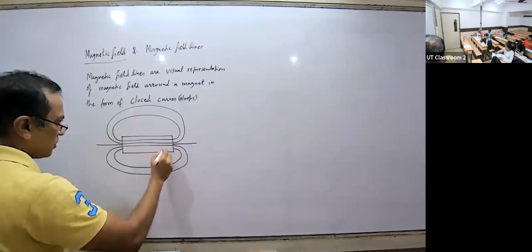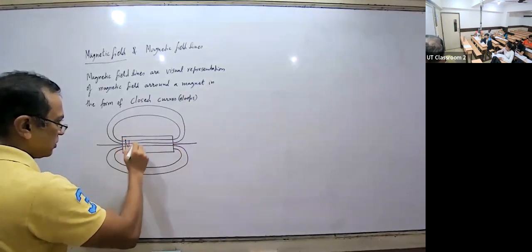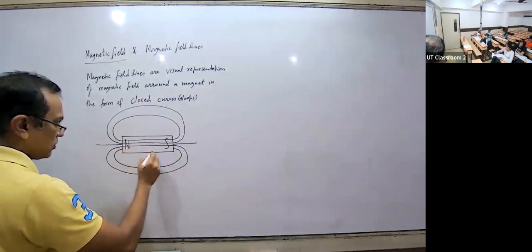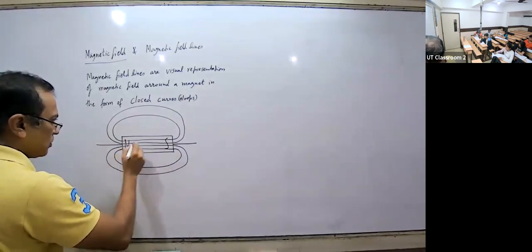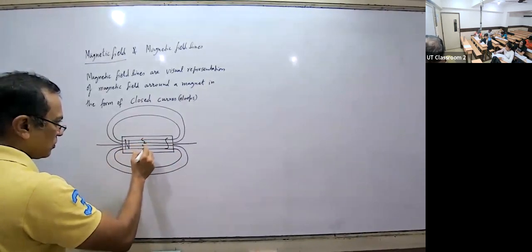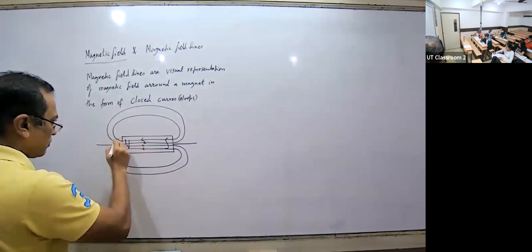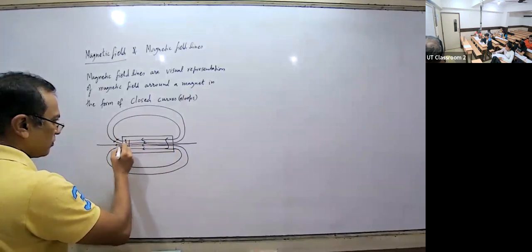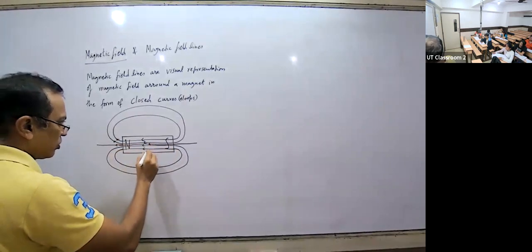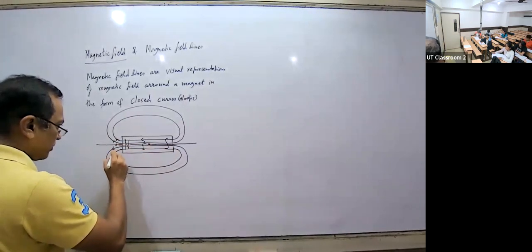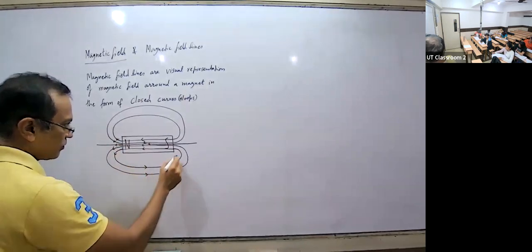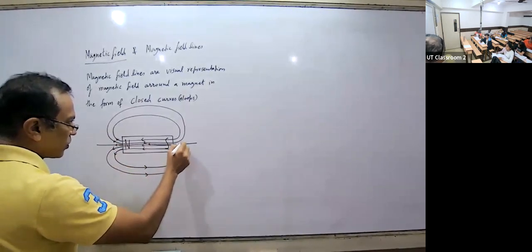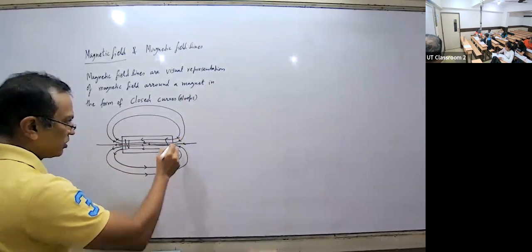Yes, that's why this is North. This is South. So now we will learn properties of these field lines. Once you understand the properties of the field lines,